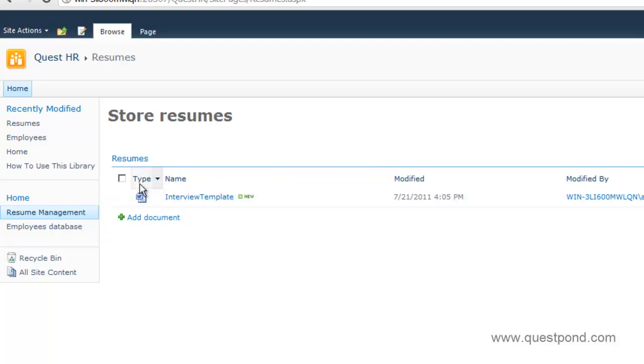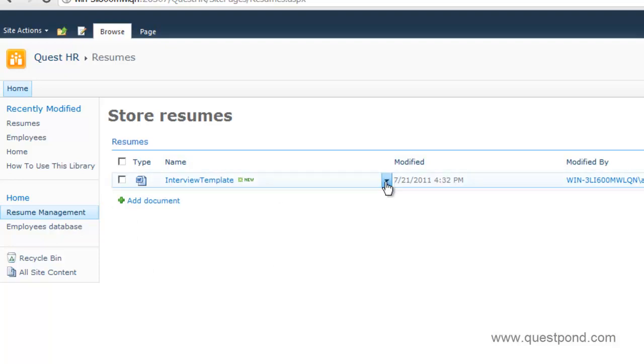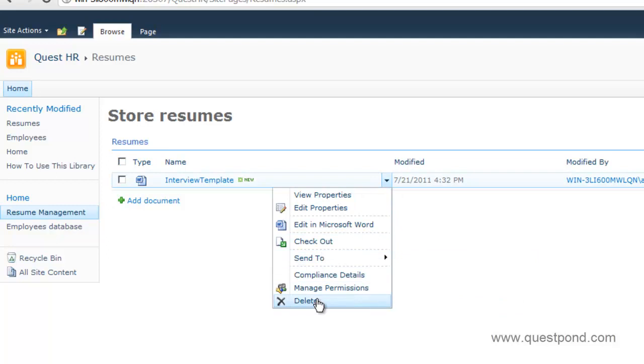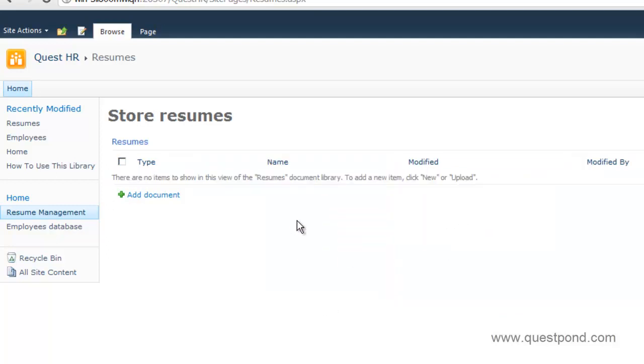towards the resumes, so I would like to go and configure and add some custom fields over here, like the candidate name, maybe the day on which he came to the interview, and then its resume. So how do we go and configure the list and add custom fields to the list? Let's see that now. To configure this list, first let's go and delete any data which this list has, just to make sure that we start from scratch.